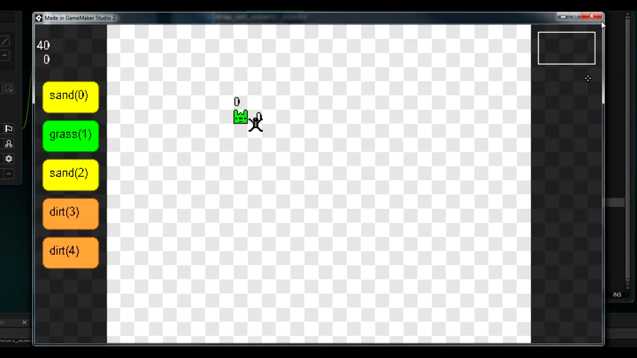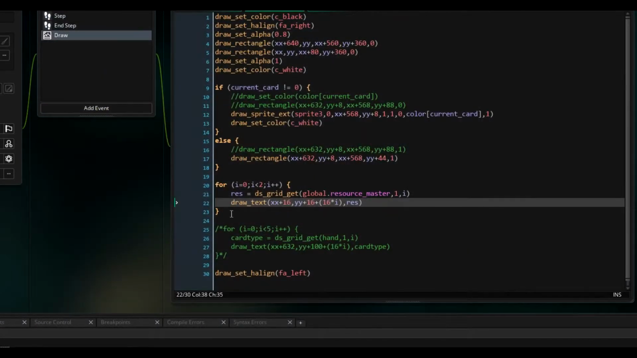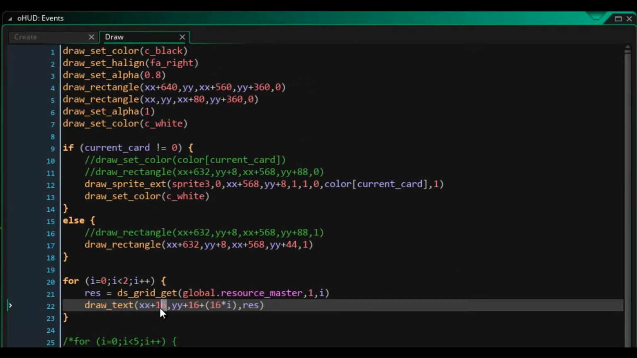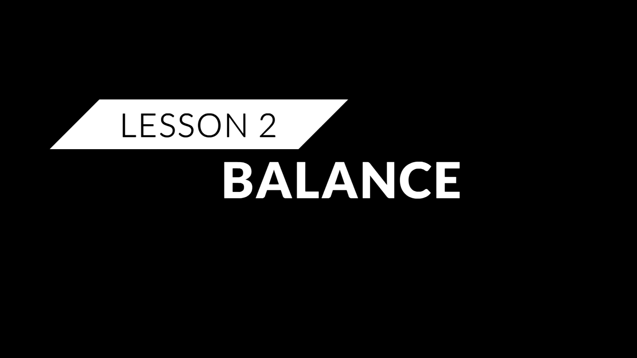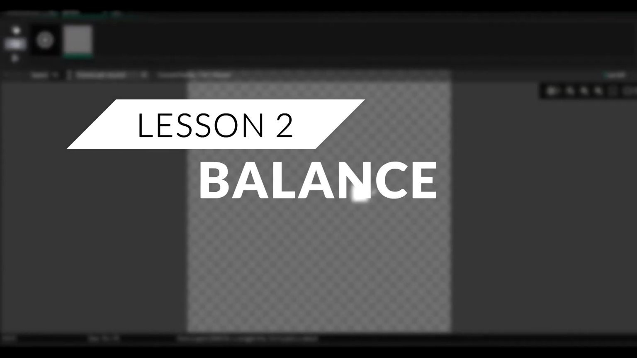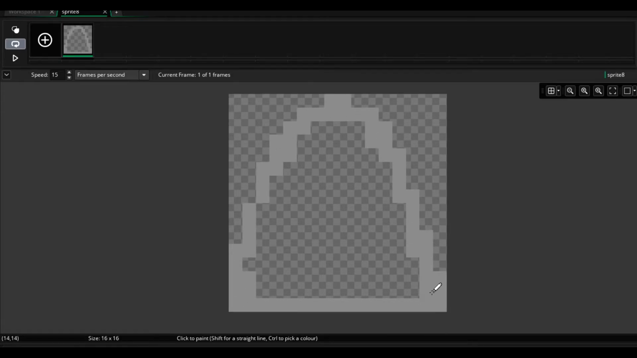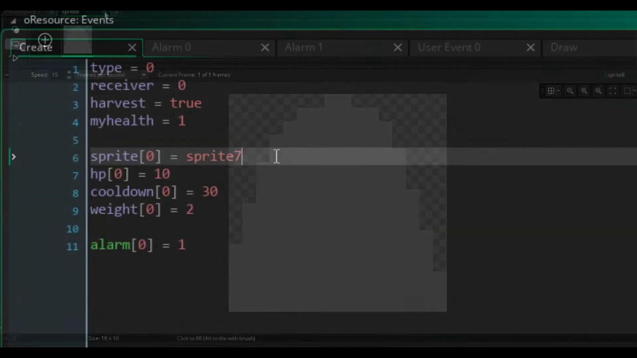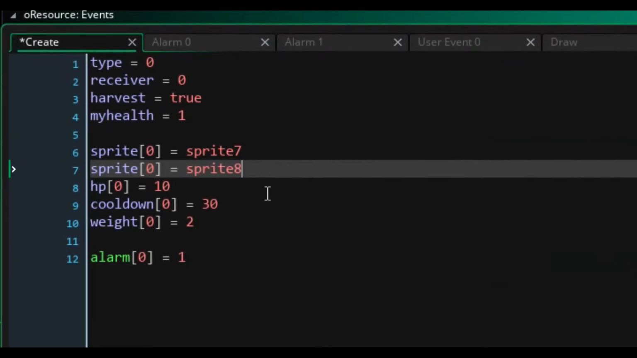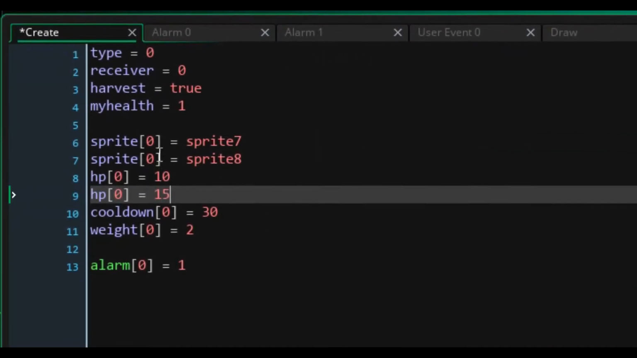I wasn't sure what to work on next exactly, so I just kept working on resources. So it was time to add some new resources and move on to lesson number 2, balancing. I created a new resource, stone. I wanted to not only see the data grid work with multiple entries, but also start figuring out how to balance resource gathering. While we've already got a weight variable, the harvest cooldown time and health of the resources would